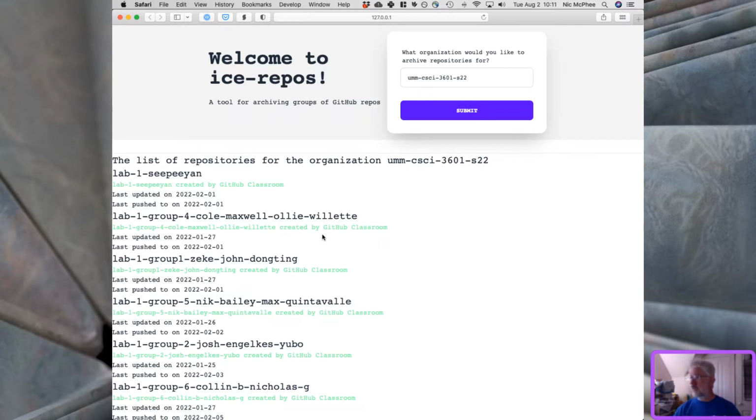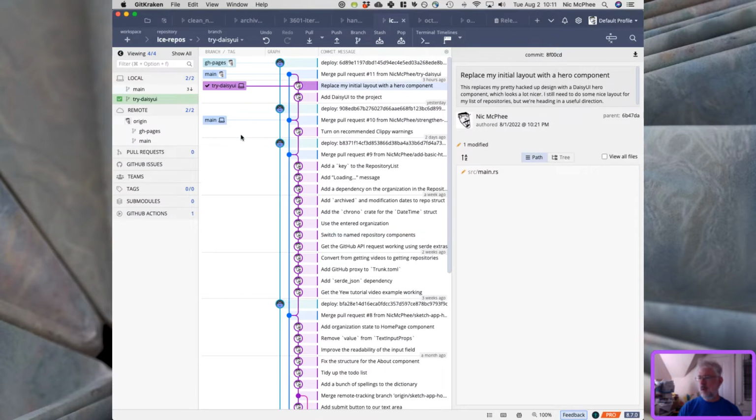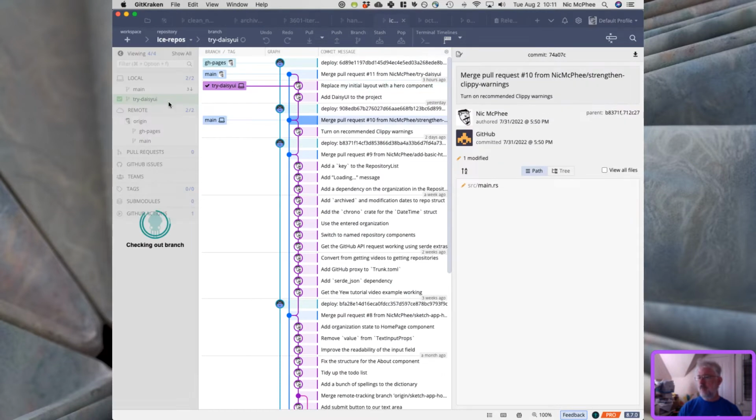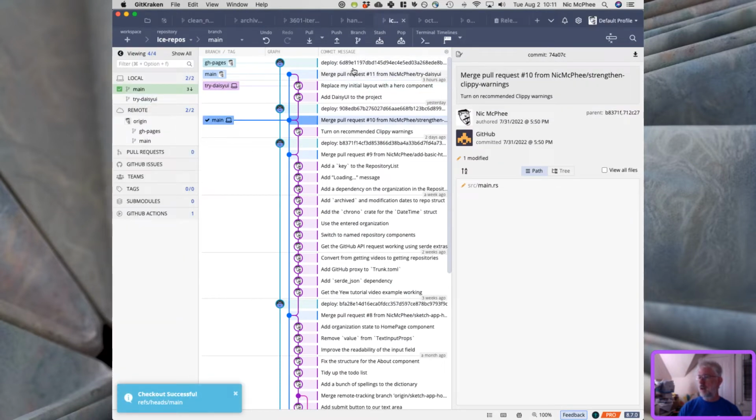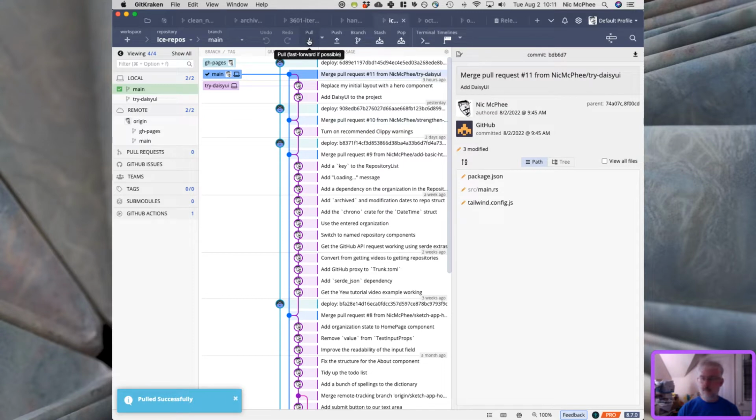So we're going to merge that. Oh, actually, I did merge that in. I just need to update. So I'm actually going to come back over here. I merged the try-DaisyUI branch into main on GitHub, and I just hadn't pulled it into main here because I wanted to be able to see the difference between them in the stream here. But now that we've done that, I'm going to pull that,